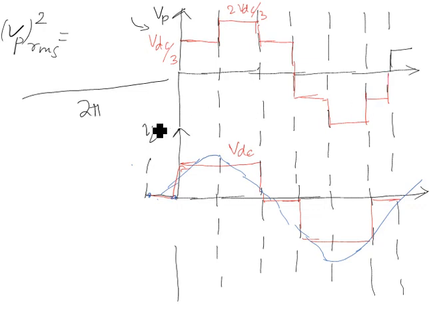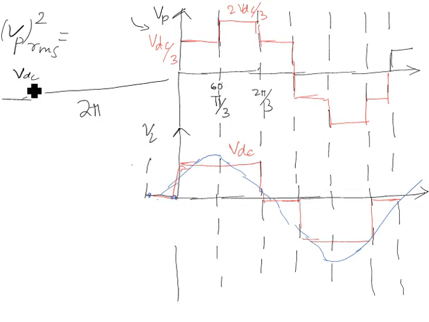And talking about for how many cycles the waveform exists. For this period, that is 60 degree, that is pi by 3. 60 degree is nothing but pi by 3. So this is again 2 pi by 3. For this period, for 60 degree, the magnitude is VDC by 3. So I am putting it like this, VDC by 3 squared. Square of this magnitude